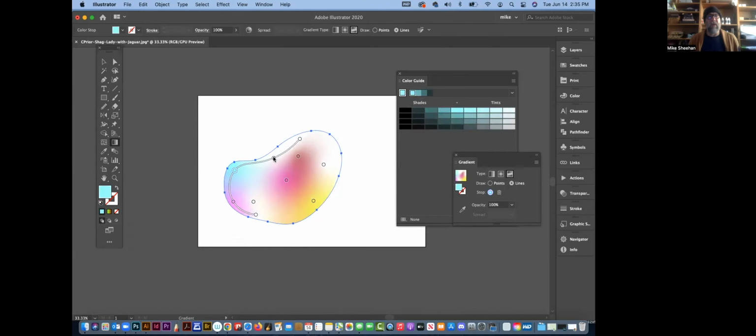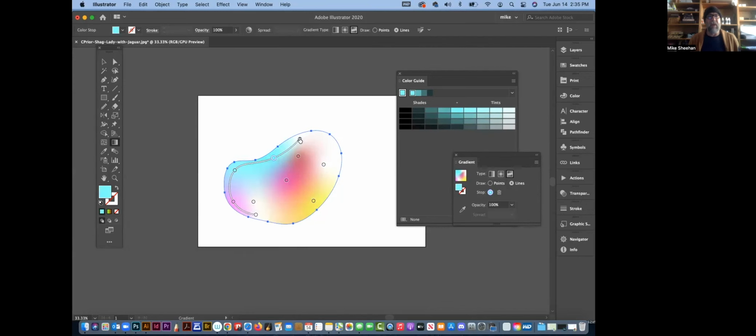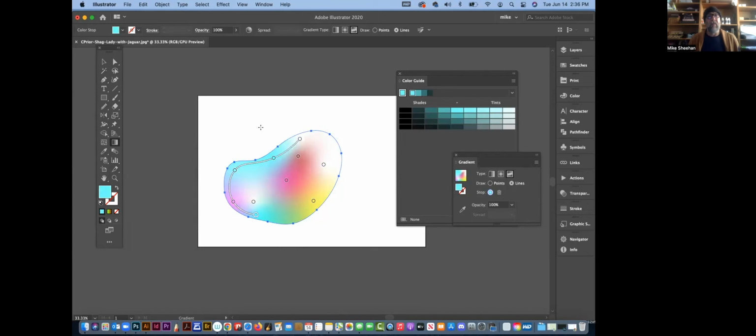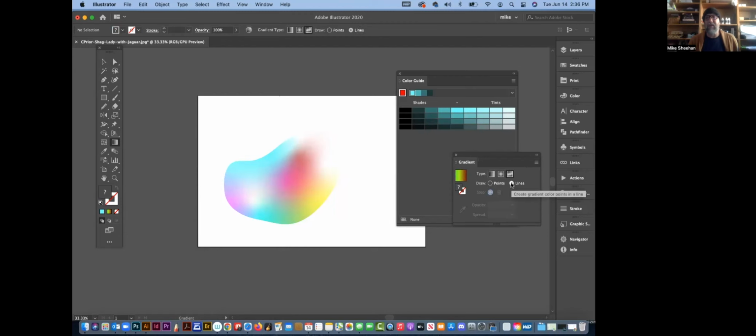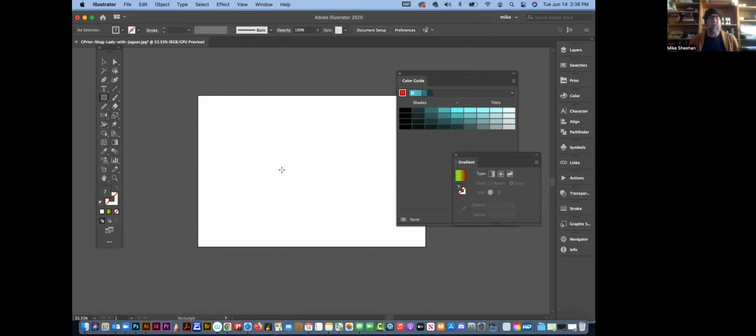Point being though, is I can get a nice organic amoeba shape or whatever I'm trying to get here into my gradient. Does that make sense? Yes. Yep. Now, so that's your freeform gradient tool right there, okay? You can either base it on lines or points, okay? But the last one here,